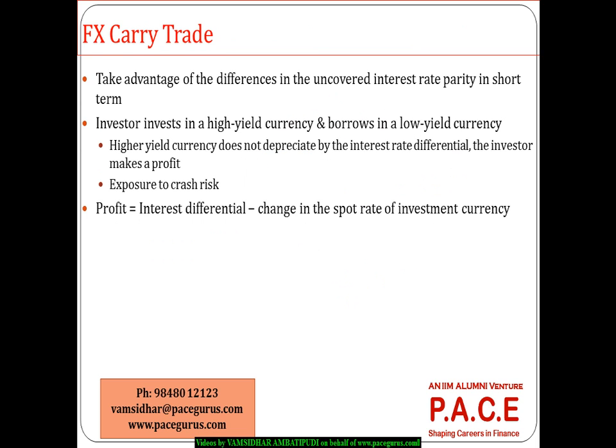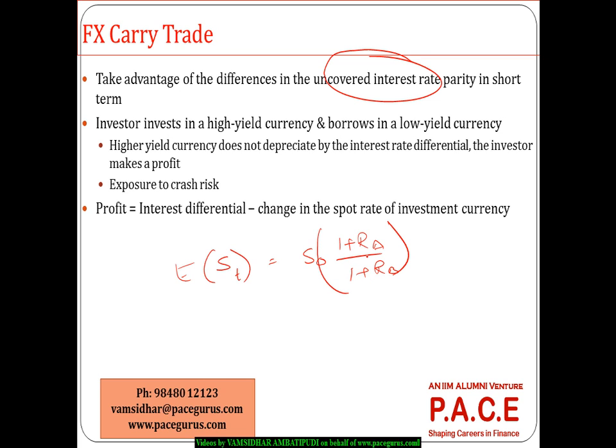Now, the important thing which can be looked at here is the carry trade, which especially works when we are dealing with uncovered interest rate parity. We have talked about uncovered interest rate parity as the expected spot rate being equal to the current spot rate times (1 plus RA) by (1 plus RB). So this is where, as we have also talked about, in the short run to medium term,